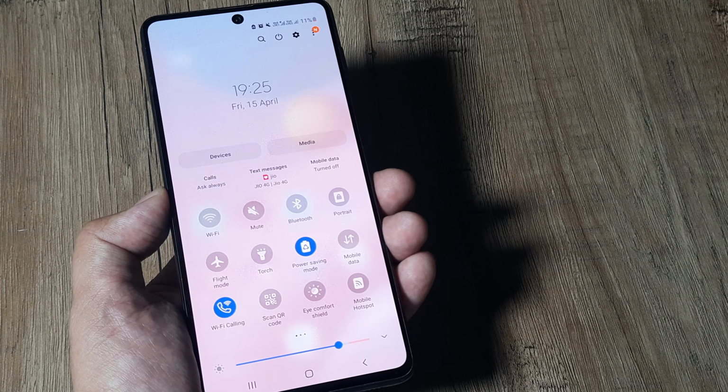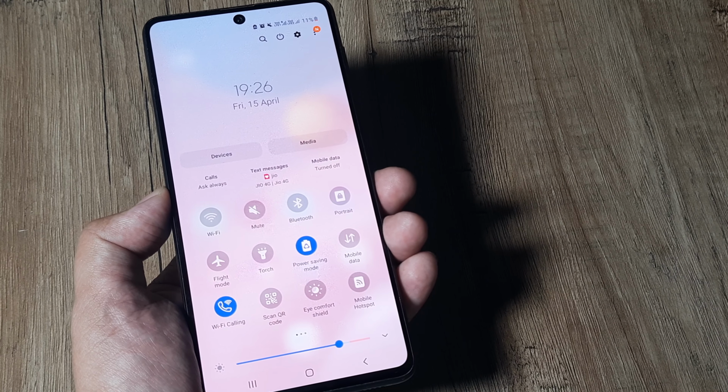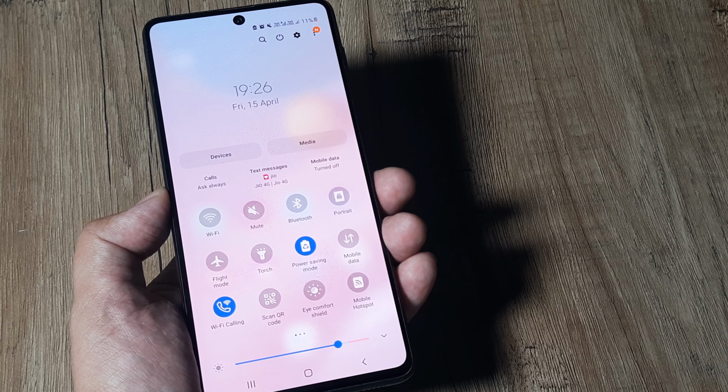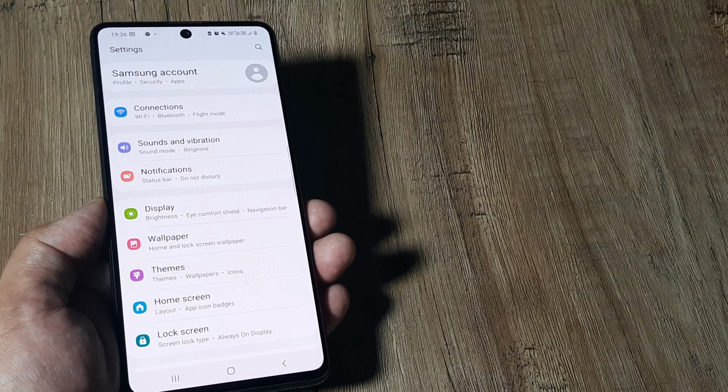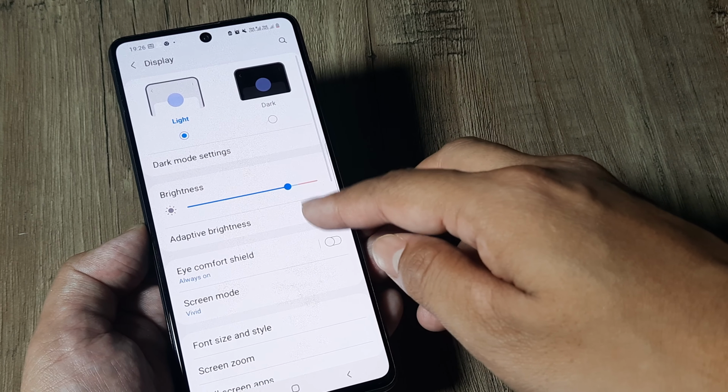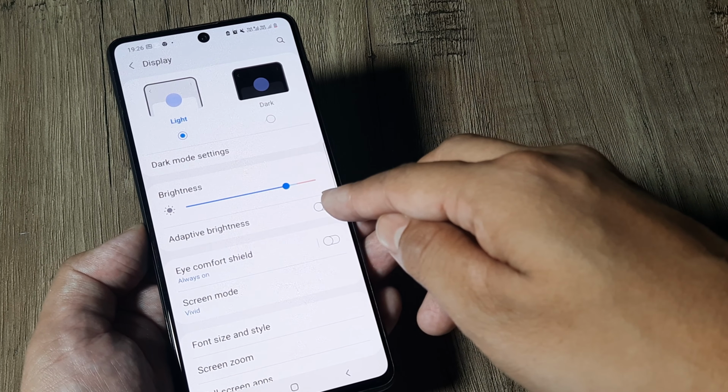Mobile data is particularly important because data can consume a lot of battery. If data is running, background apps are running, and therefore the battery is running. Another very important thing that you can do is head towards your settings, tap on display, turn off adaptive brightness,